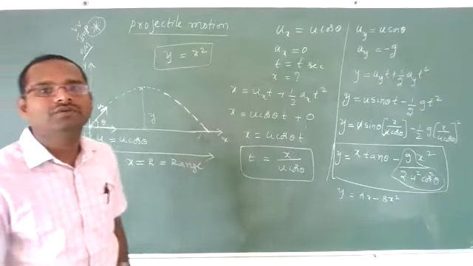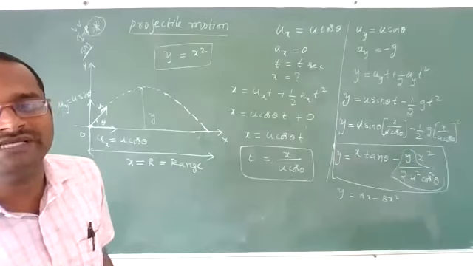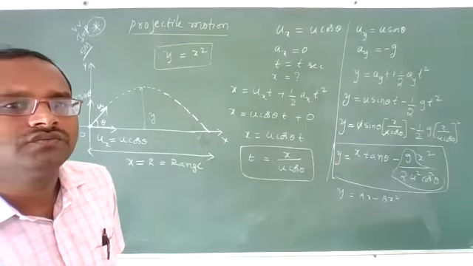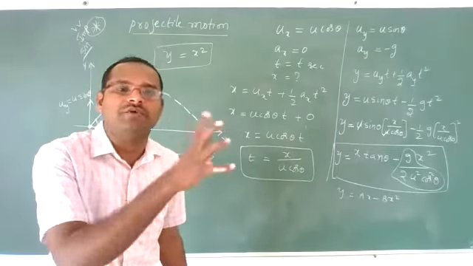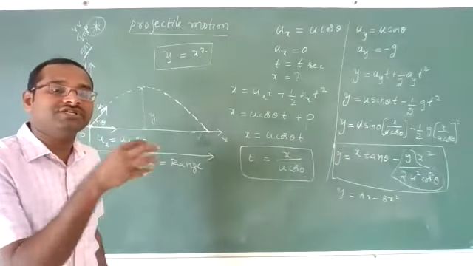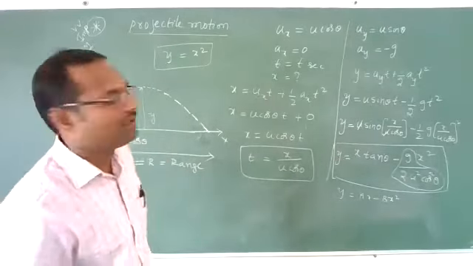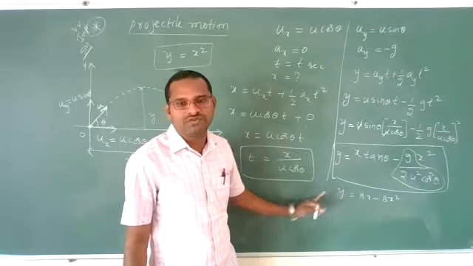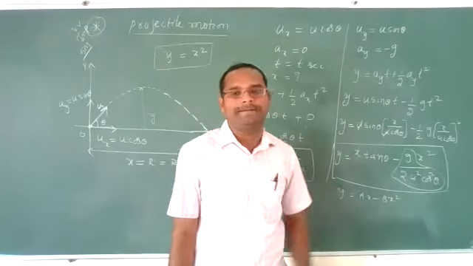Clear? Students, are you understanding? So what they will ask you in your board exams is, show that the motion of a projectile is a parabola. Show that a projectile thrown with the initial velocity u, making some angle theta with the horizontal, is a parabola. You should show this equation, compare it with this one, and write that this equation represents a parabola.